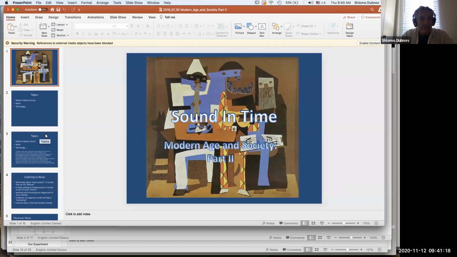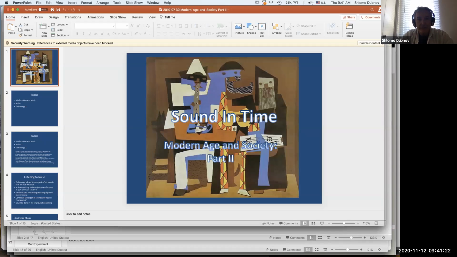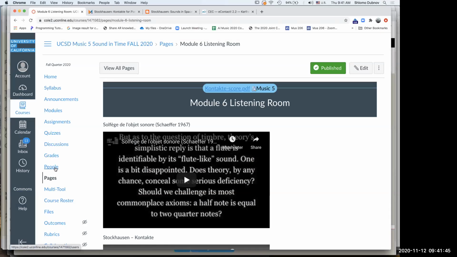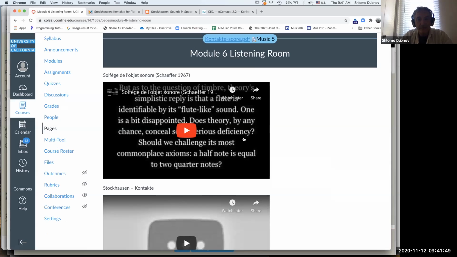So what I would like to do today is continue looking into sound examples that mostly show in our listening room, and specifically, I relate this to the whole idea of listening to noise and so on. If we look at the Model 6 listening room, I started reviewing this on Tuesday, so I